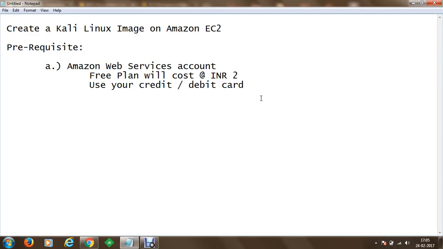In this session, you are going to understand how to create a Kali Linux image on Amazon EC2. For the demonstration, you need to have the following prerequisite available. You need to have an Amazon Web Services account. To create the account, you can proceed to the website